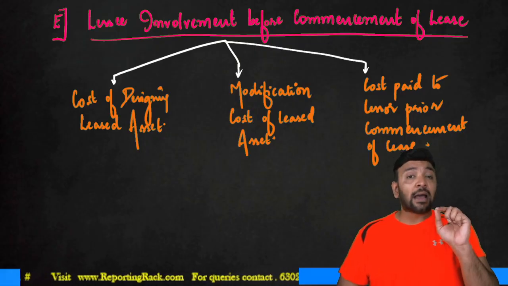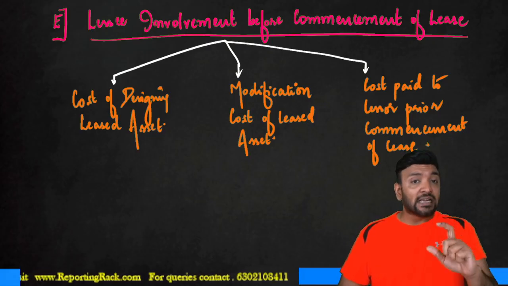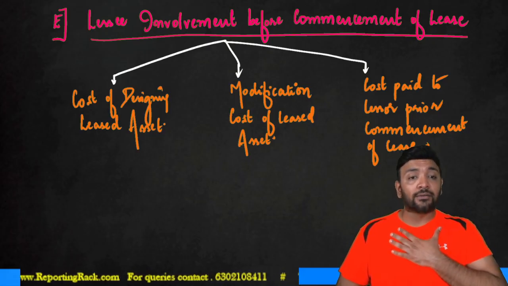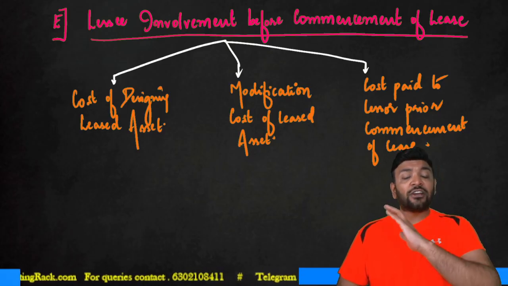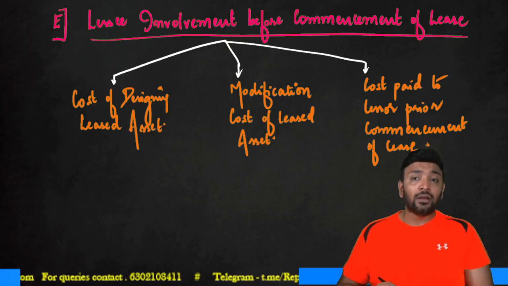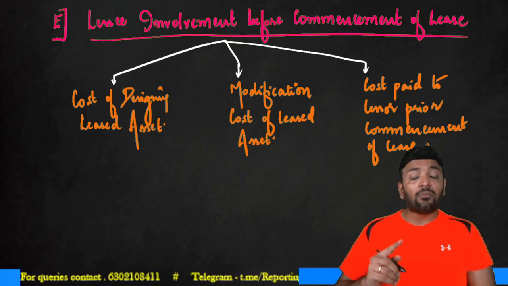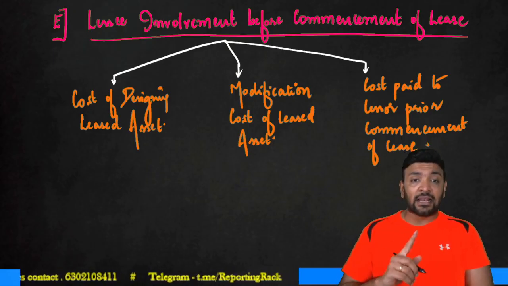For this purpose, Amazon has already given them 35 lakhs to bring the asset to the condition in which Amazon wants to use it. These are costs incurred for designing and modification of the leased asset according to the requirements of the lessee. Now, this involvement of cost prior to the commencement of the lease incurred by the lessee